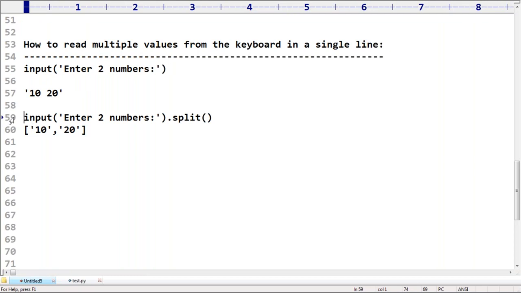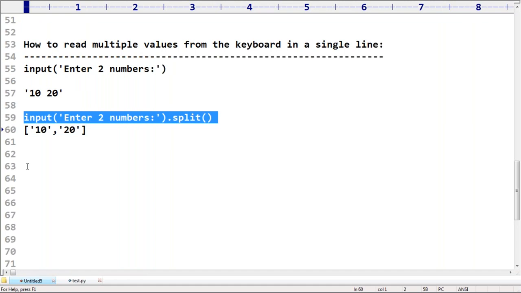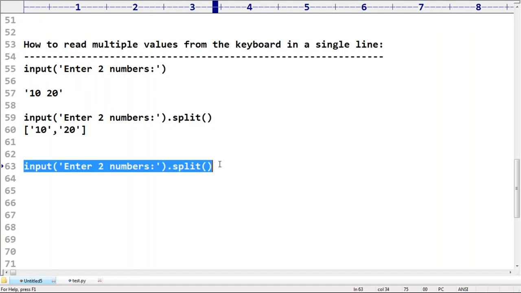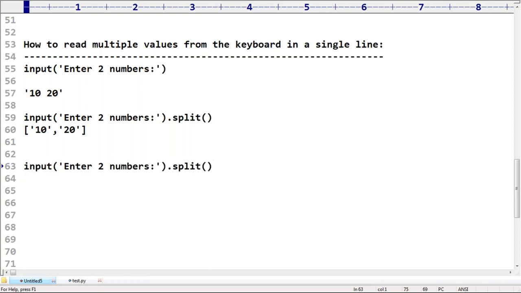So for here, look at this one. This total thing is going to return how many values? This total thing is going to return a list of two values. Now for every x, for each x value,